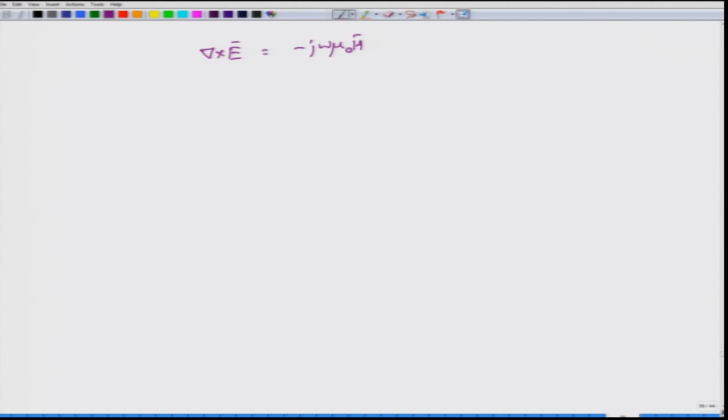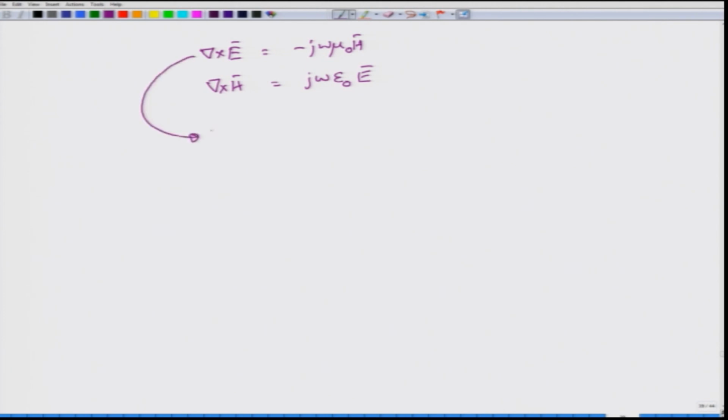In the case of a free space medium that I am considering between the parallel perfect electric conducting surfaces, this would be the curl expression for E and this would be the expression for H. No current exists in between, therefore, this is simply j omega epsilon naught. I am also assuming that the medium in between the parallel plate waveguide is free space. So, what I get is this expression. This is in the frequency domain, or the time harmonic expressions.